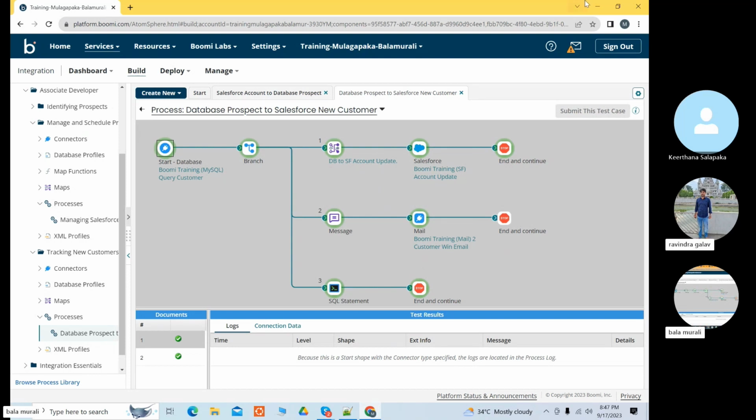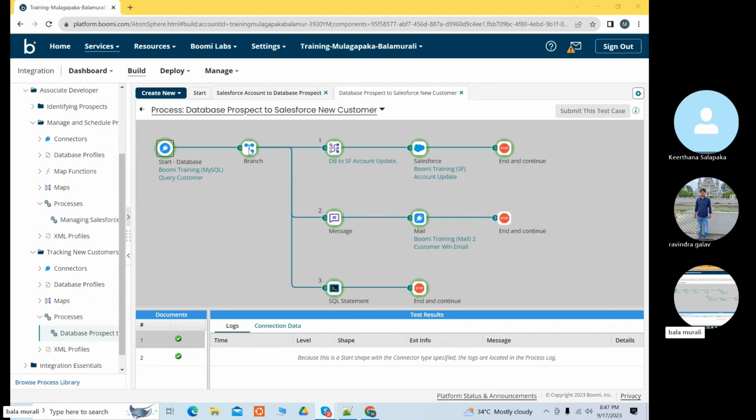Actually, the scenario here is just a scenario. Don't try to remember everything. From tomorrow I will start. Actually, in the database we are fetching the data. First we are pulling the data out of the database. Then, using the branch, the same data is duplicated. The branch statement doesn't manipulate the data, but it creates duplicates.